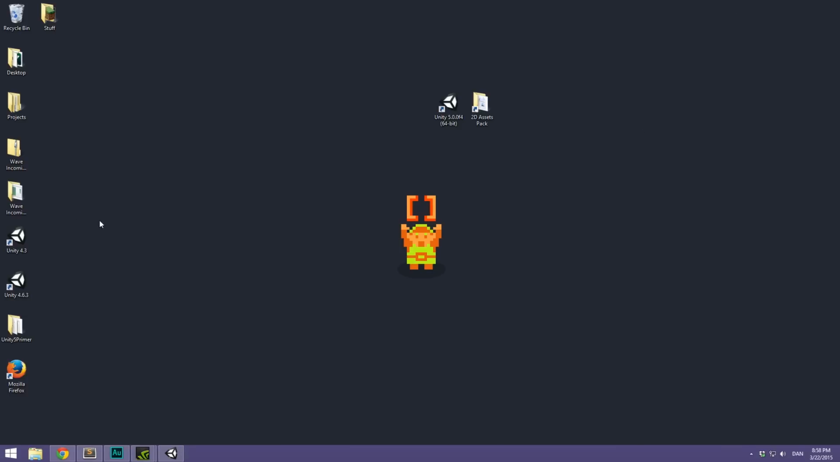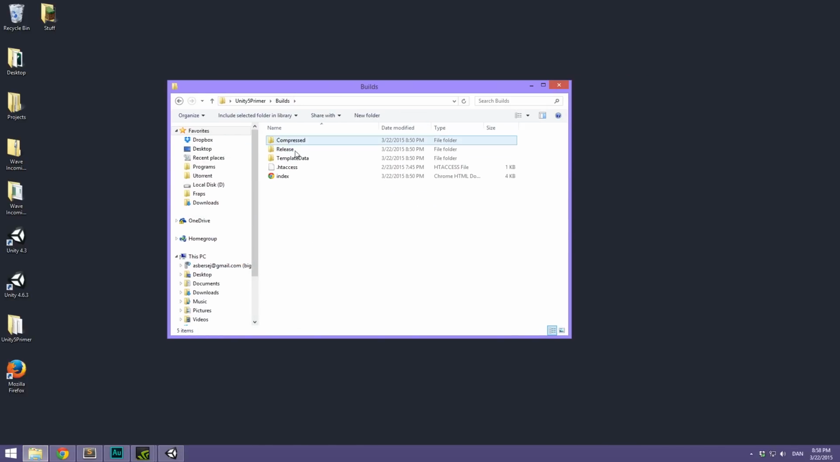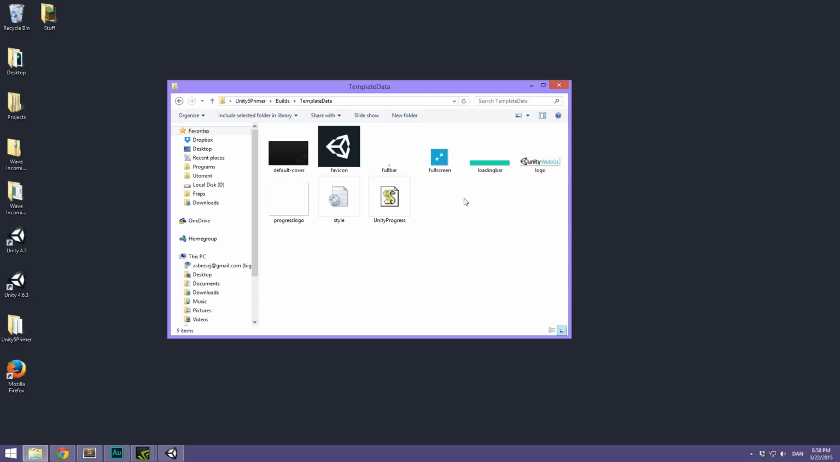So once you've done that, you can head into the folder, go under Unity 5 Primer, Builds, and you can see that there are a bunch of folders here. We have the compressed data, we have the release, also some data files, and then the template data. And the template here is really just the style of the web page. If we open this up with Notepad++